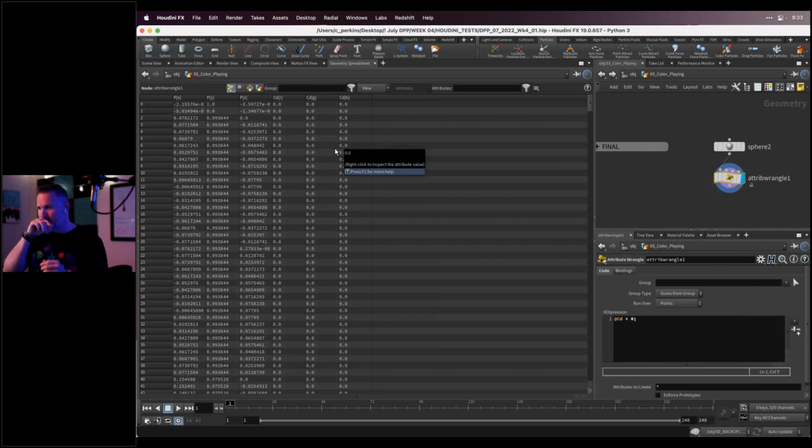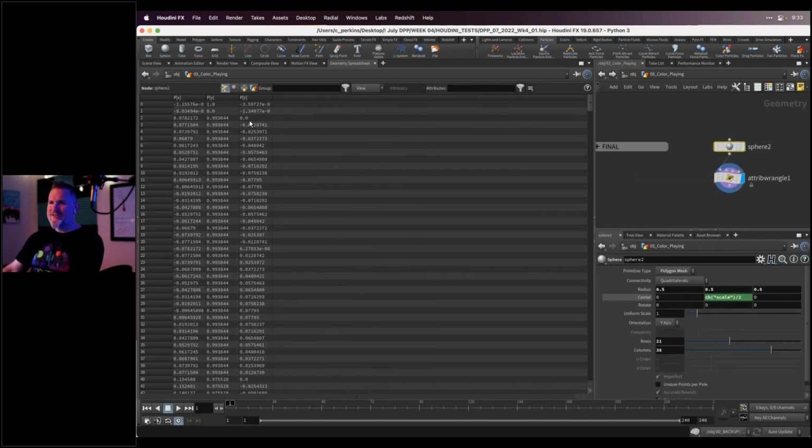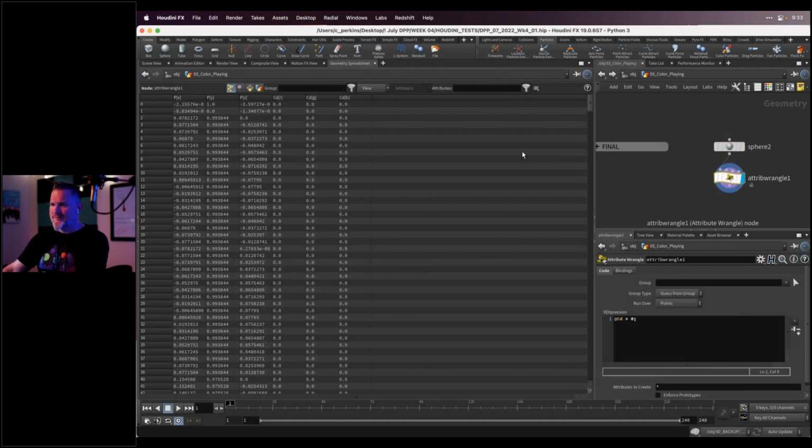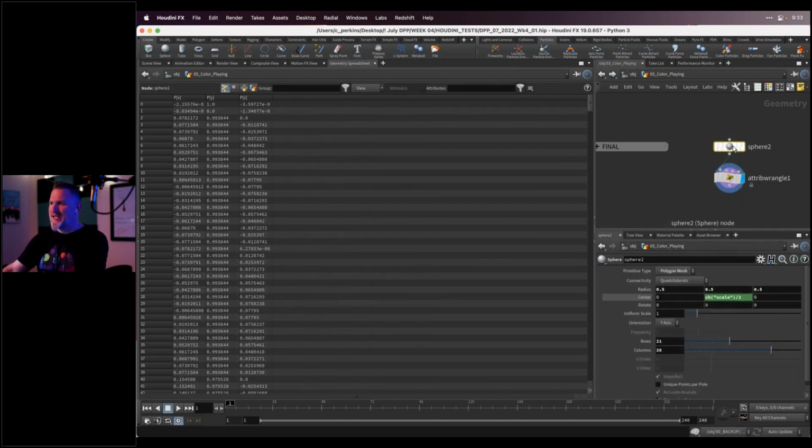That's important. If I go back to the sphere and I click on the sphere, you'll notice how my geometry spreadsheet updates, because there is no Cd attribute yet. We haven't created it. So once I click on my attribwrangle, we can see the attribute. But if we're back here, then we're not seeing that. And you'll notice that the render flag is still on the attribwrangle. And this is the thing that trips me up a lot. It still trips me up all the time, honestly. So the gold outline is the thing that we have selected, but the render flag is the thing that we're seeing. And there's a difference there that's really important to be aware of.